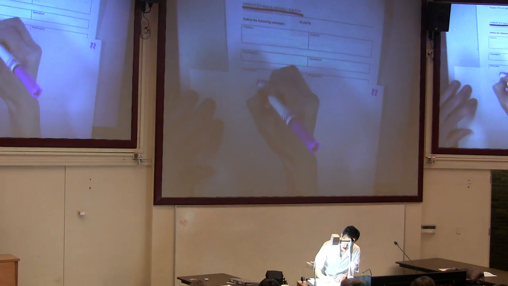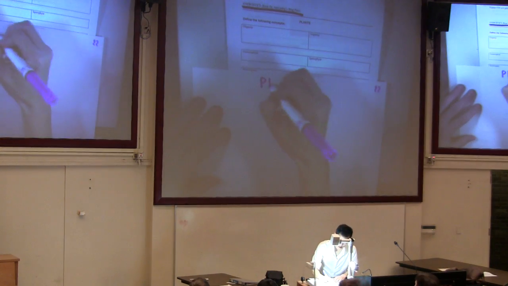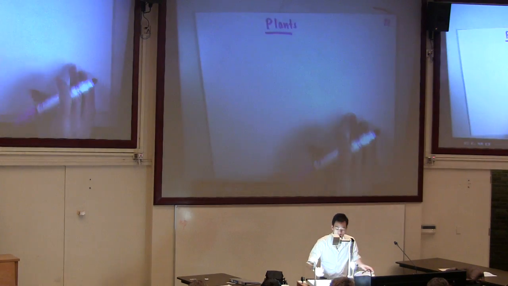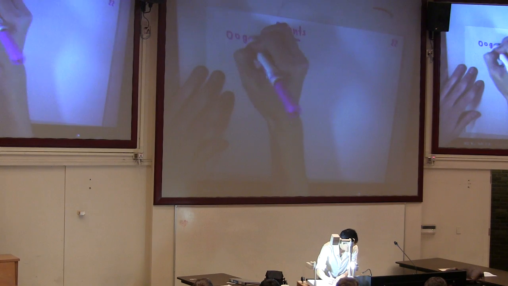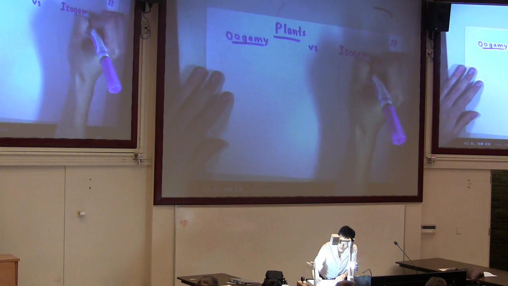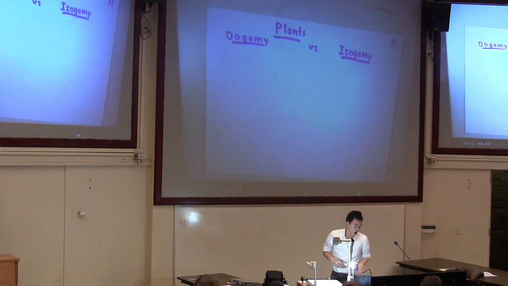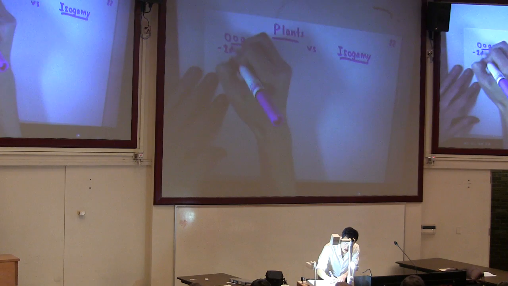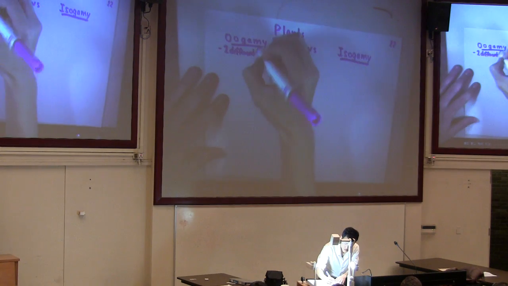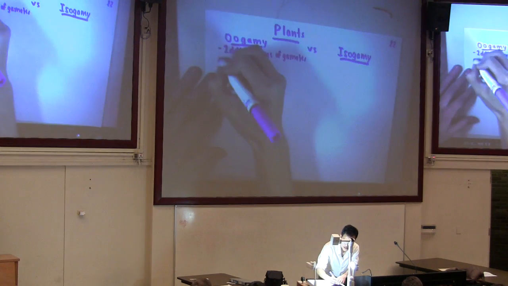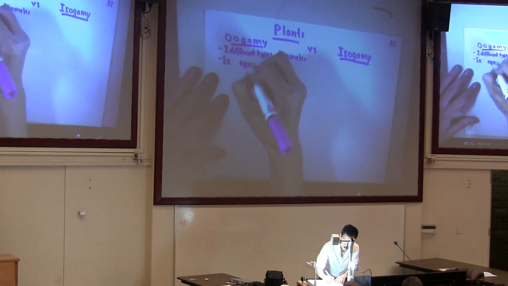So let's start with plants. So let's start off with anisogamy versus isogamy. Okay. So tell me about anisogamy. Two different kinds of gametes. Two different types of gametes. Right? So an example would be egg and sperm